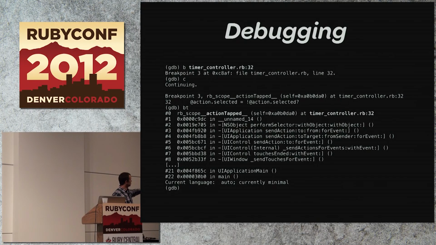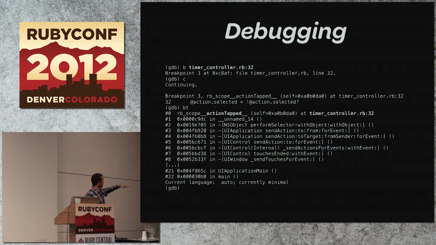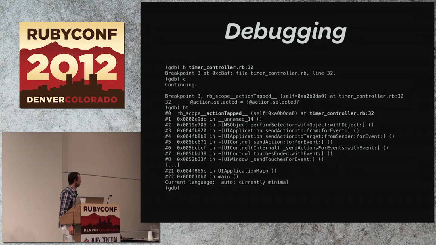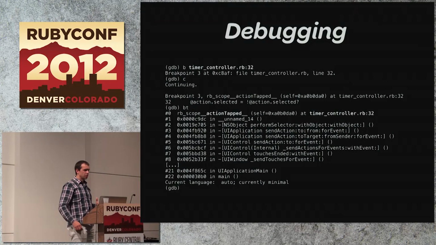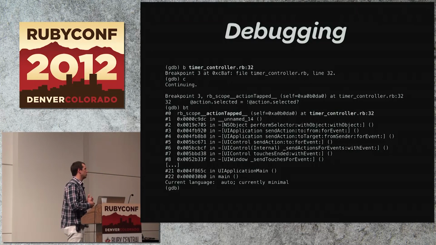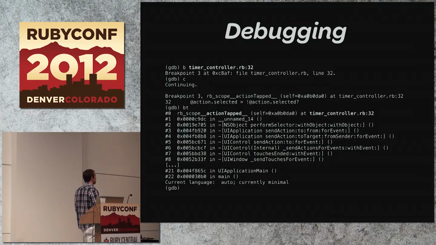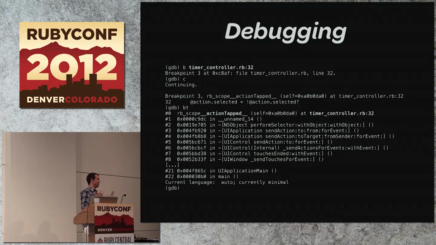And if you notice the backtrace, all of those are standard iOS classes, right? That you're calling up through all the way to the point where you're getting into your timer controller, which is your class that you implemented in RubyMotion. So this debugger, tool vendors will be able to use this to actually give you graphical debugging through an IDE. And there's one tool vendor who's actually already doing this, and it's about 2 weeks away from actually being able to release that, which is pretty exciting.